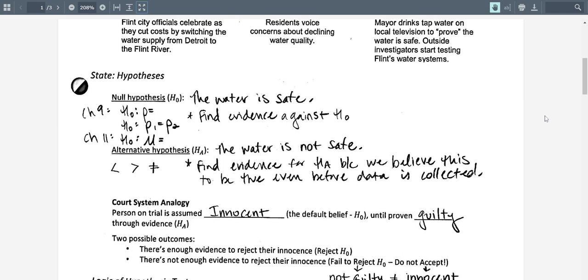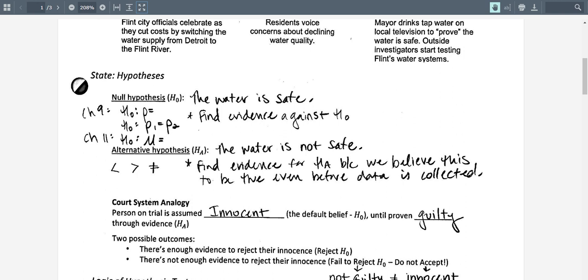So the first step is the hypotheses of our state, plan, do, conclude. We now have not just naming the procedure, but we have to identify a null and alternative hypothesis. The null hypothesis is whatever the claim is going to be. So the claim was that the water was in fact safe. There's reason to believe the water was not safe, and so we set out to find evidence against the null